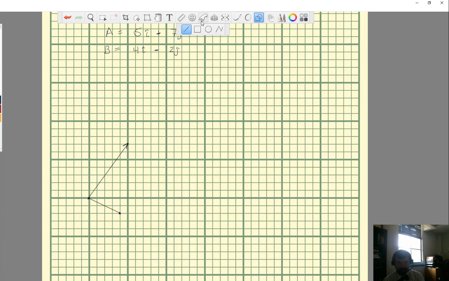Okay, so I've drawn vector A, I've drawn vector B. Then maybe I want to add the two of them. So to add them, here's vector A, then B, 1, 2, 3, 4, and down 2, 1, 2, would end me